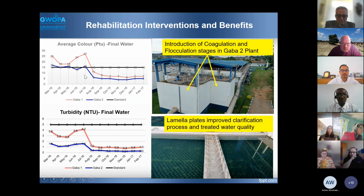Now, when it comes to GAVA 2, the same. It was hardly meeting the standard of 15, but as you can see, it averaged up to about 5 PTU. And for the turbidity, the same. It was already meeting for final water, but of course, not really very good. So we had to further improve it. And this adds to the other benefits of improved